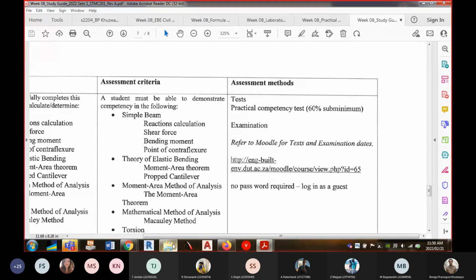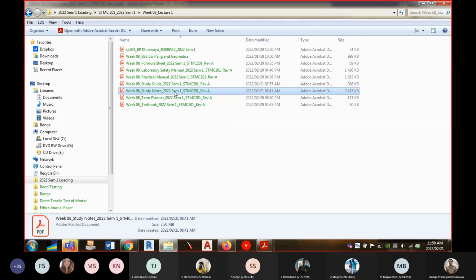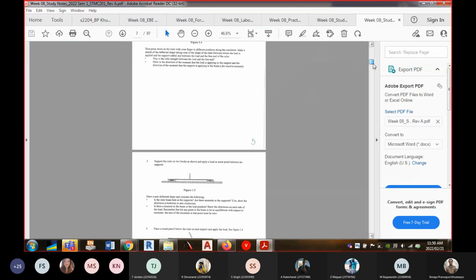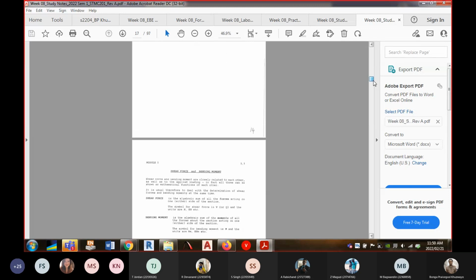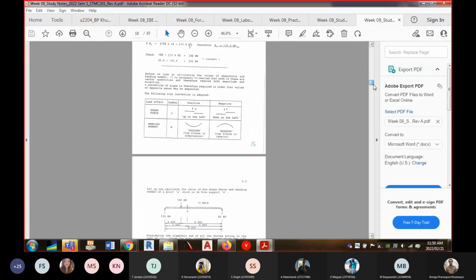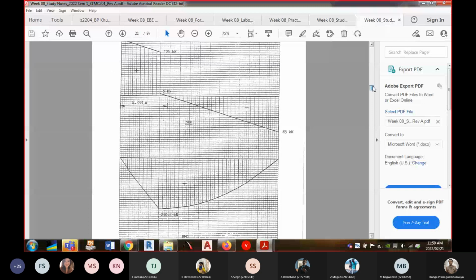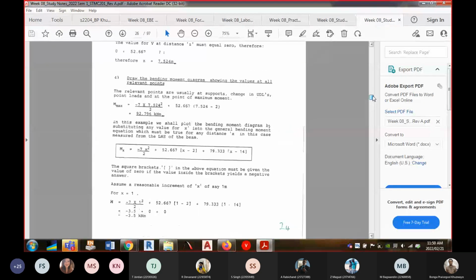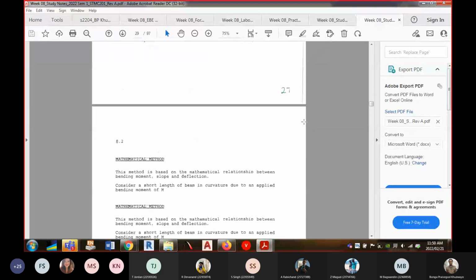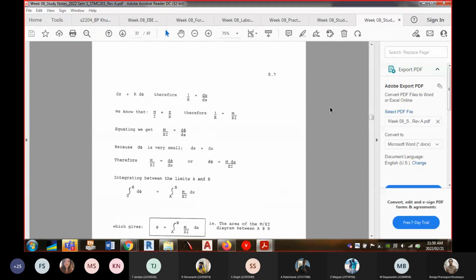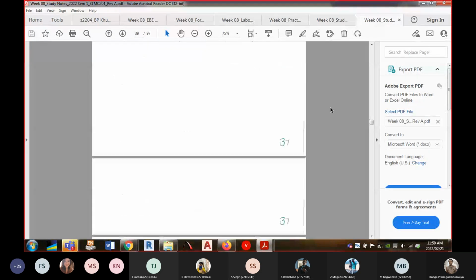All right, let's move on. Study notes. I have also provided study notes for you. This is what we used to use before we started giving students the prescribed book. So if you go down here, I'm just looking for tutorial 8, because this is where on MS Teams I've asked you to